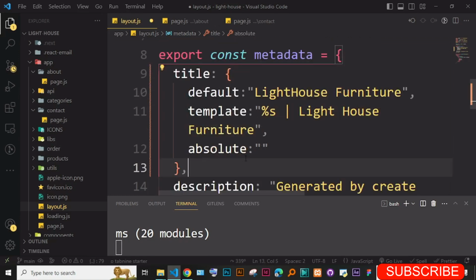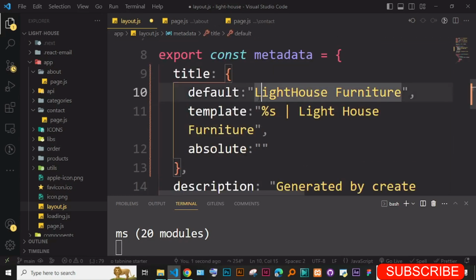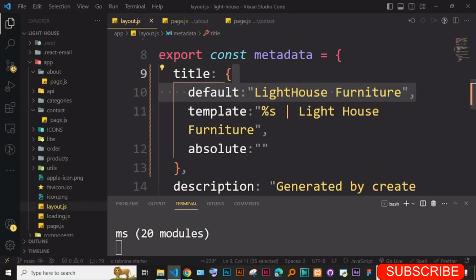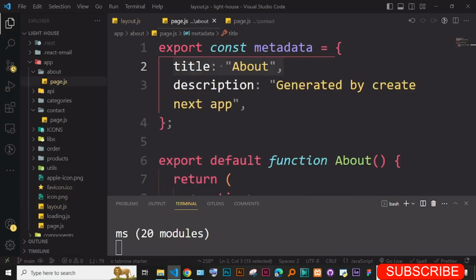The purpose is that lighthouse furniture is going to be the default for all those pages which don't have titles. If I remove this, any page which doesn't have a title will take this as the default. But if it has a title, the way we have about, then